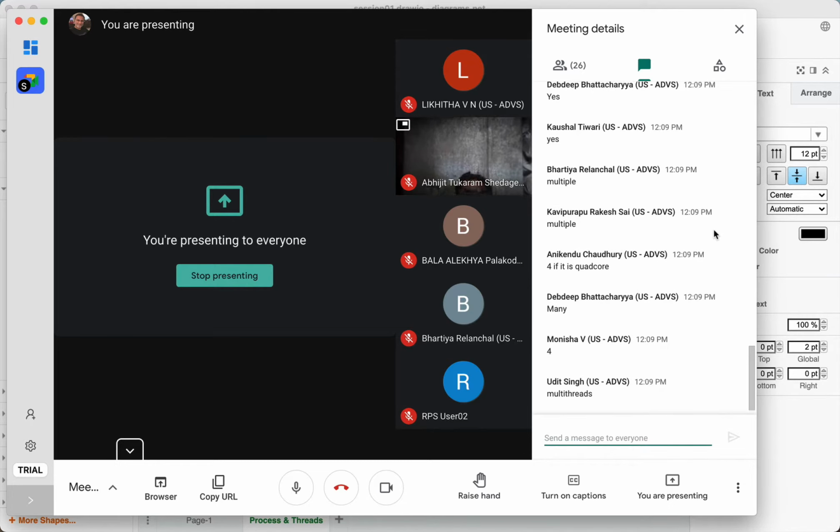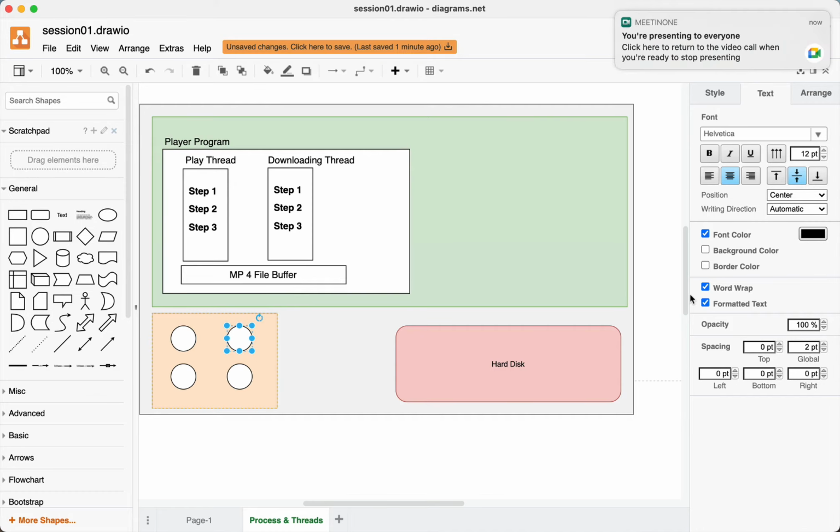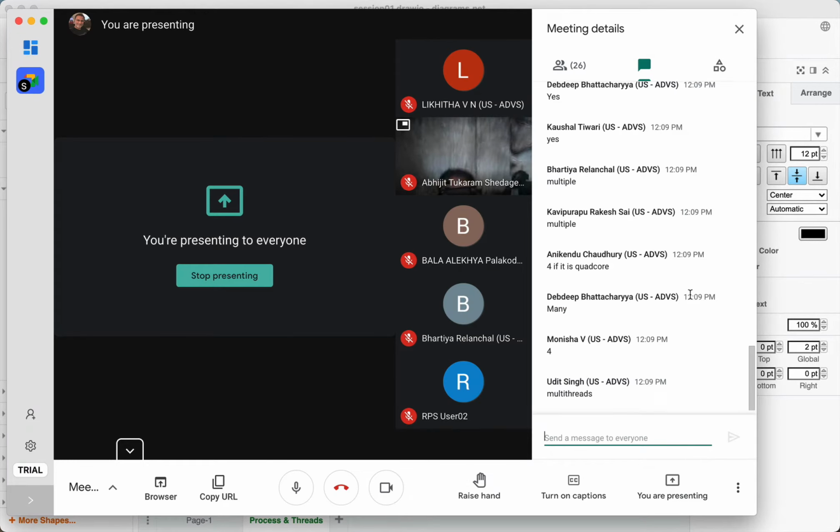Thank you. Yeah, so correct. Very good, Manisha. Very nice. So when you say many, that's also not wrong, Devdeep. You are right. But at one single point in time, exactly at the same point in time, how many threads can execute on this machine, for example, which is a 4-core machine? If it was a dual core machine, then how many threads do you think will execute at one point in time?